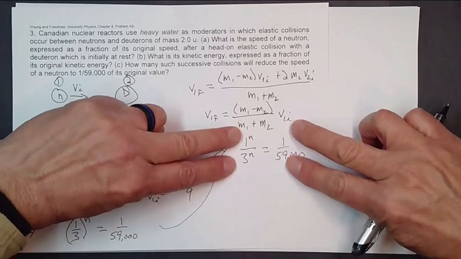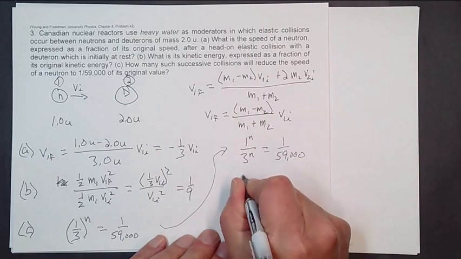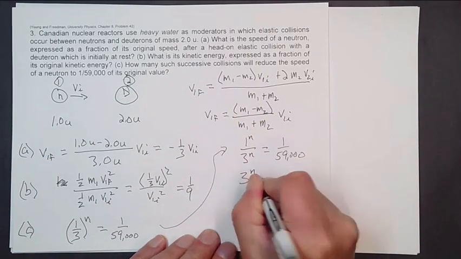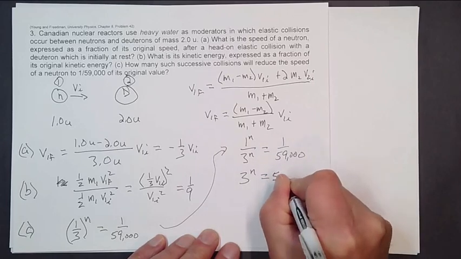If two fractions are equal, so are their reciprocals, and so I'm testing what value of n, stuck on a 3 as an exponent, will equal